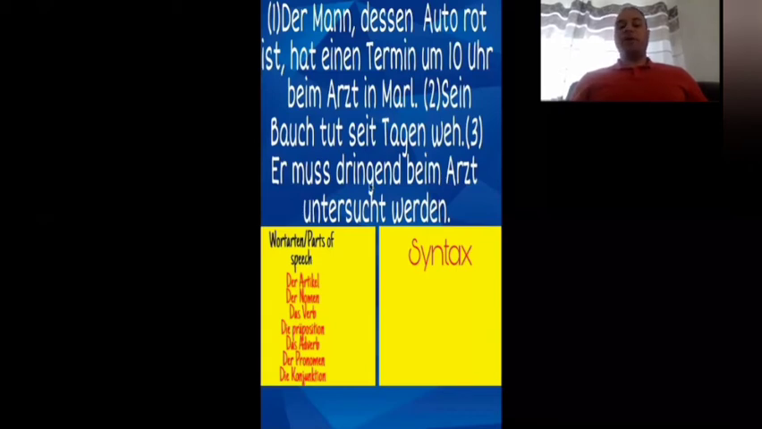So it must obligatorily be checked by the doctor, for example. This is in passive form. Okay, this sentence. Let's talk a little bit about it linguistically in order to see what kind of sentences